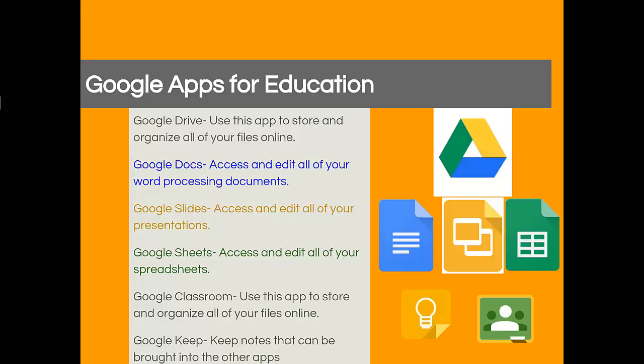The first app is Google Drive. Drive is basically a cloud storage area. It is like a virtual USB flash drive, whatever you want to call it. It's great because we no longer have to store all of our documents on these USB drives that we put on our keychain or in our wallets or our purses. Doesn't fit my wallet. We no longer have to use these USB drives that we put in our pockets and have fall out and lose them or they get damaged. Now everything is stored, if you've heard the phrase on the cloud, it's really that we're storing it online.